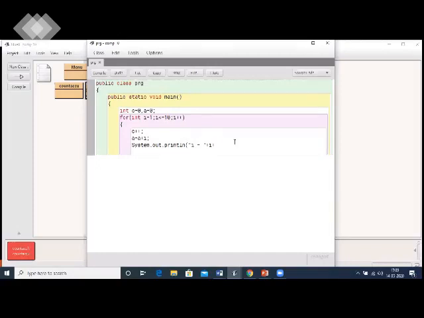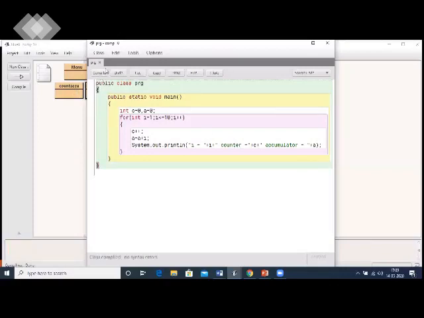Again, I give a text expression, that is the value of c counter, or you can write very clearly "counter equals to", again I'm concatenating the variable c. Again, I write over here my accumulator. End of my for block, end of my method block, end of my class block. Let's compile the program. It shows no syntax error.